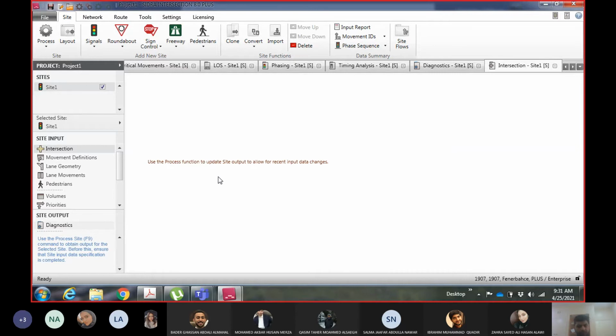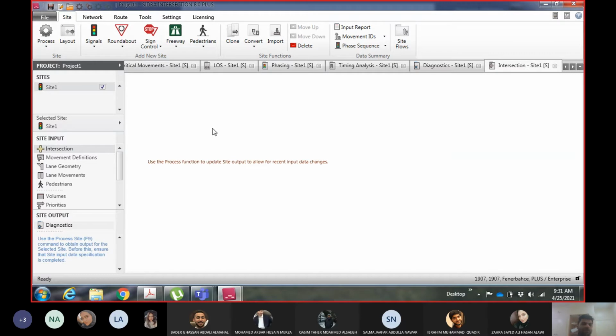I should have saved the file with some other name before making the changes. This is my mistake, right? But whenever you make changes in the file after the output was generated, that output will be gone. So whenever you change anything on the site and you want to generate the output again, you do this and then you process. You see this button, Process, over here below the file tab. This button is for processing the site. Whatever options you have selected, it will process the site according to that, so it will generate the output again.